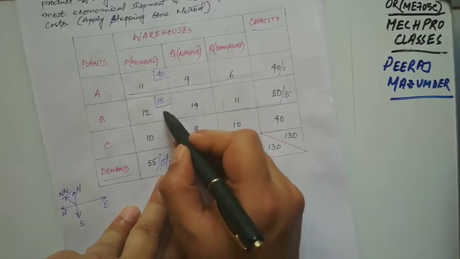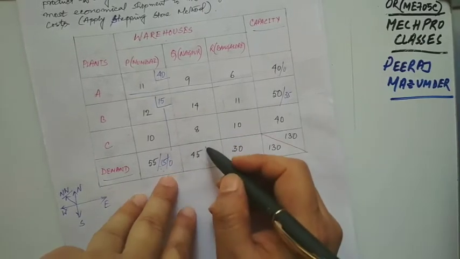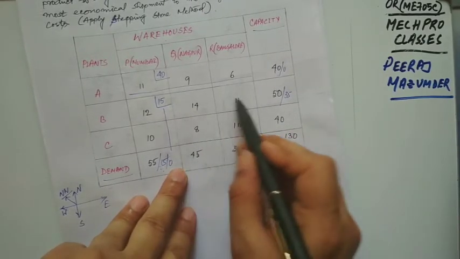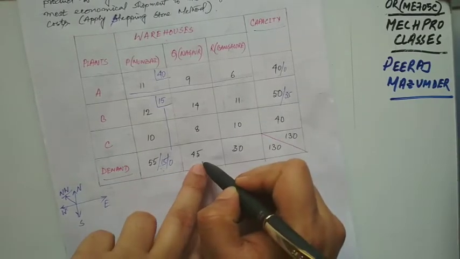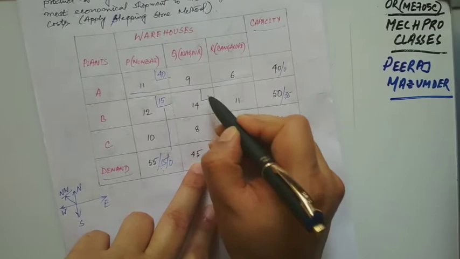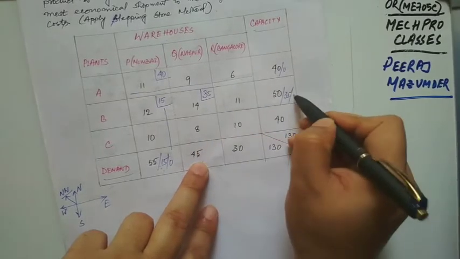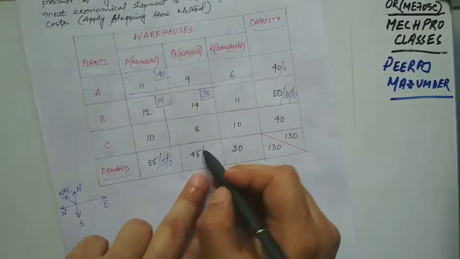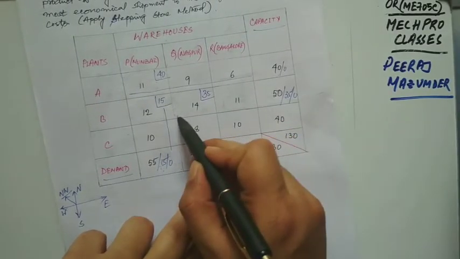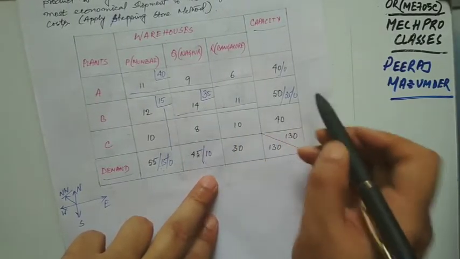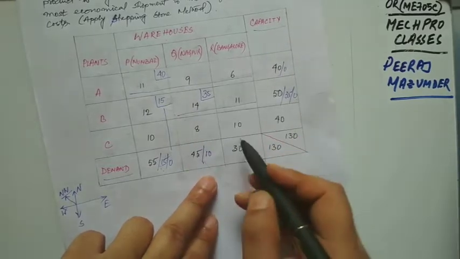Now this one becomes 0. Okay. So coming to this particular matrix, we have got 35 and 45 over here. So we will select 35 here. This becomes 0 and this becomes how much? 10. Okay. Now we have exhausted this row. So it becomes 0, so we can strike it out.